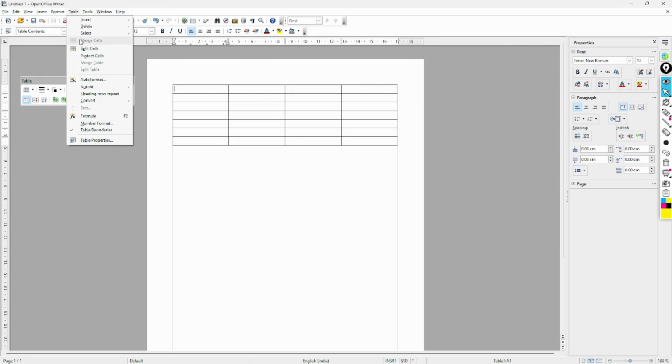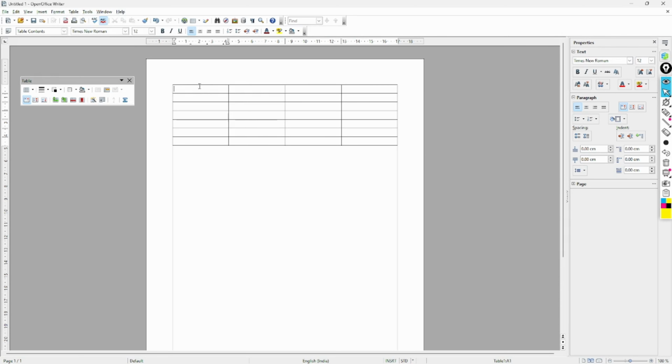I created a table. All the options are visible except merge cell. Why? Because what is merging cells? Merging means adding two or more cells. Did I select two cells? No. I had selected only one cell. So how can I merge one cell into one cell? No, I cannot. For merging I require more than one cell, correct? Meaning two or more cells. How can we select cells?